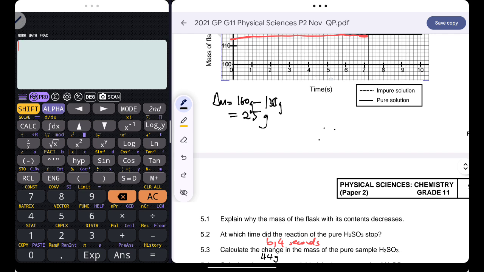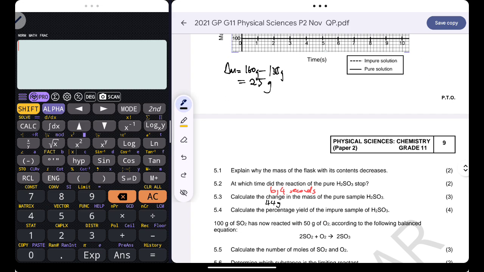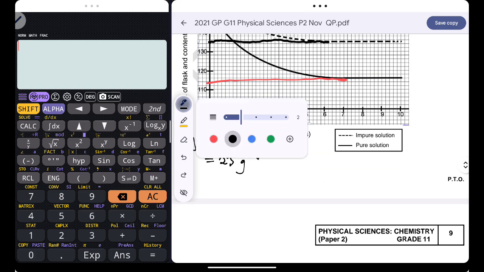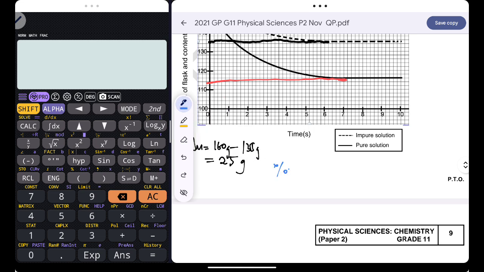Are you together? So therefore the percentage yield of the impure substance. Do you want the percentage yield? Yes. Let me write it in blue. The percentage yield,